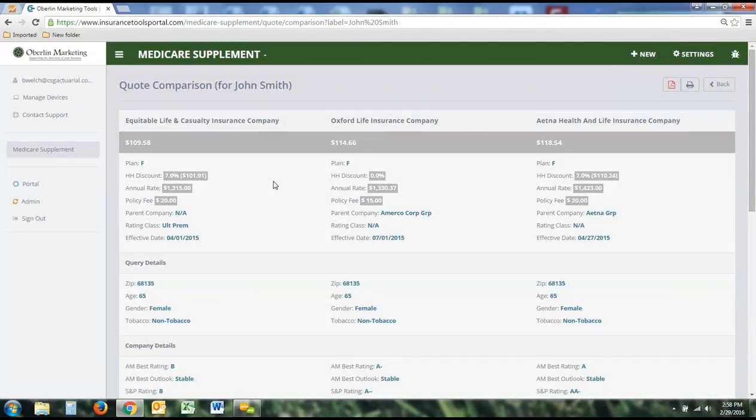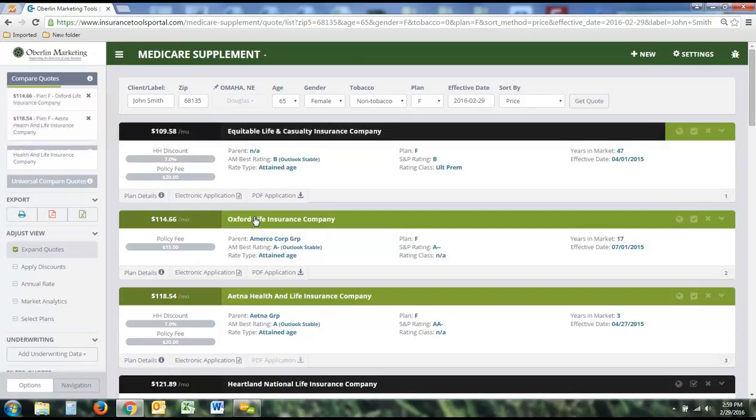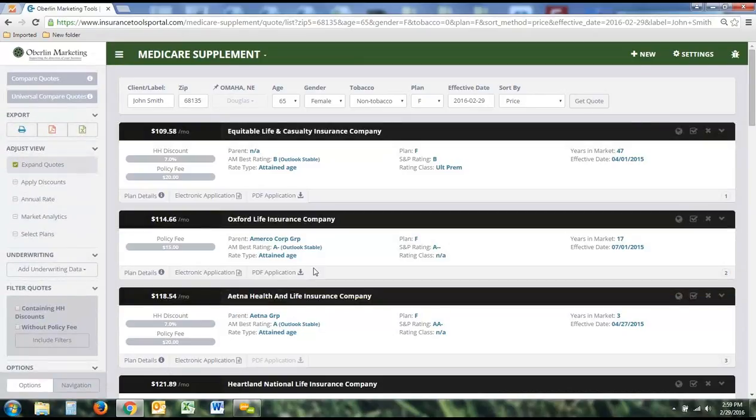It will put these side by side rather than in the view that you saw before. If you wanted to limit your companies down to only show the handful that you would want your clients to see, this can then be printed or exported to PDF to allow easy sharing, emailing, printing off for your clients. And if you want to go back, you just click the back button. It'll take you back to the screen you previously saw, and you can uncheck the green compares to take those off the screen. This will allow you to do up to 5 side by side if you would like to